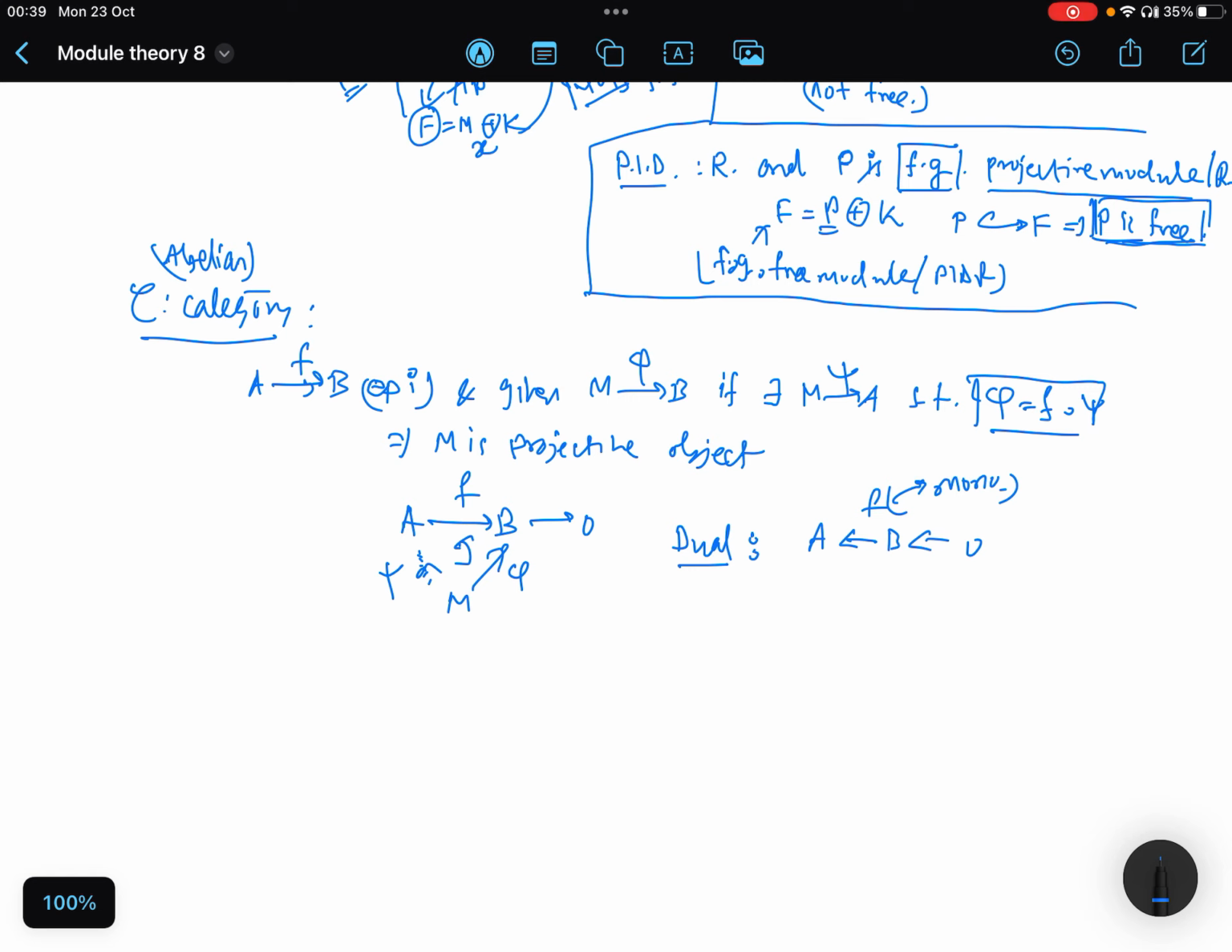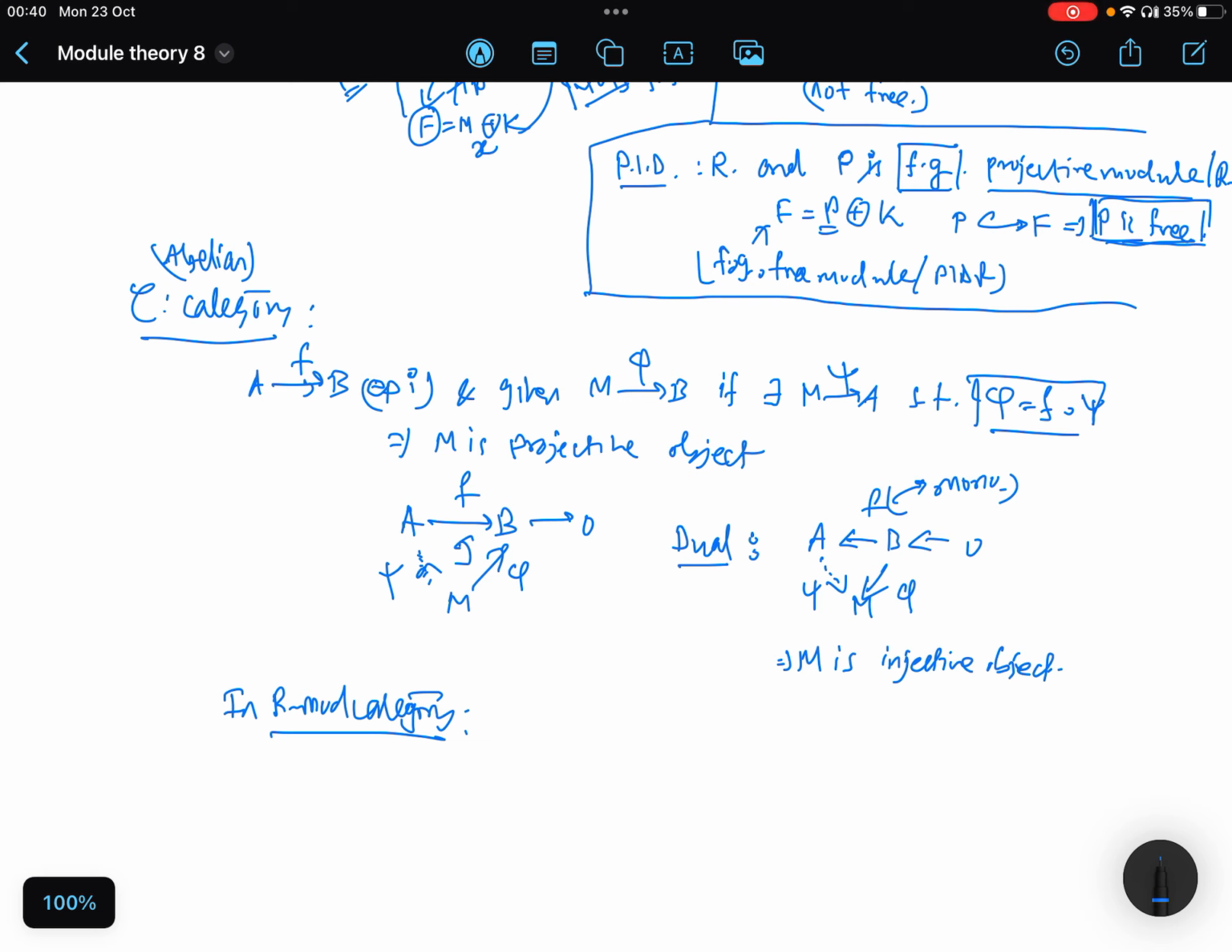So given any mono from B to A and any map from B to M, let's call it phi, if there exists a map from A to M such that this diagram is commutative, then we call M an injective object. And in the R-mod category, the category which we are interested in,